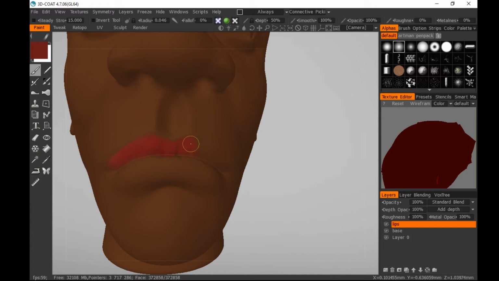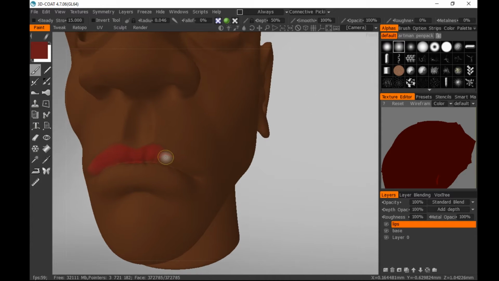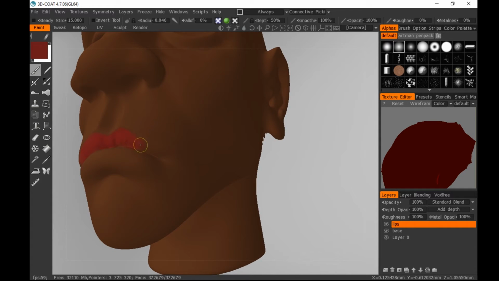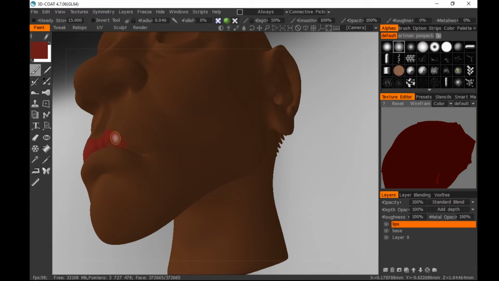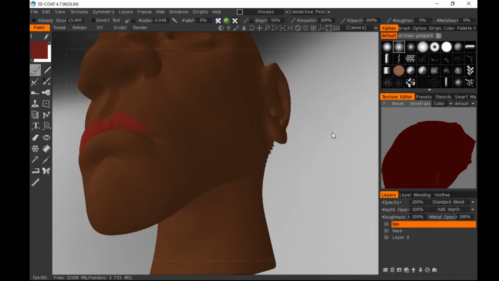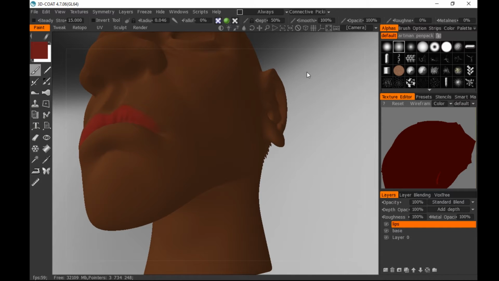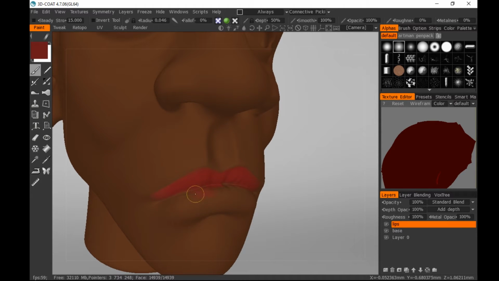So the thing with that is I'm actually wanting to do something that's a bit more saturated than what I'm going to end up with, because what I'm going to do is reduce the opacity on this layer once I've painted it all in. And I'm also going to make sure that the colour on the top lip is a little bit darker than the colour on the lower lip,